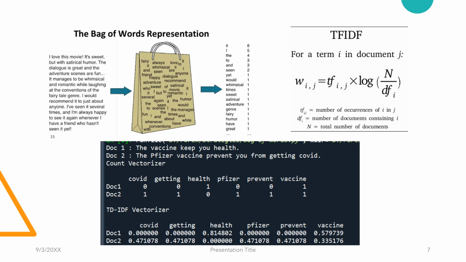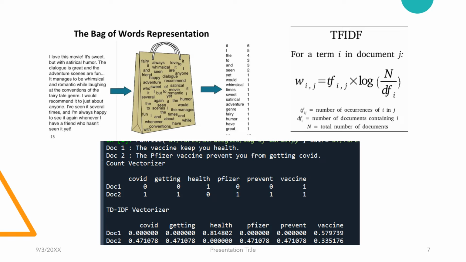Next, I'm going to introduce the bag-of-words feature extraction and the TF-IDF feature extraction. They are both really popular ways of doing feature engineering. The bag-of-words method treats the text corpus as a bag of single token words, and the outcome of the vectorization is simply counting the word appearance frequency in the text corpus.